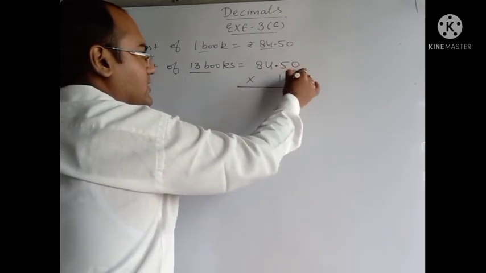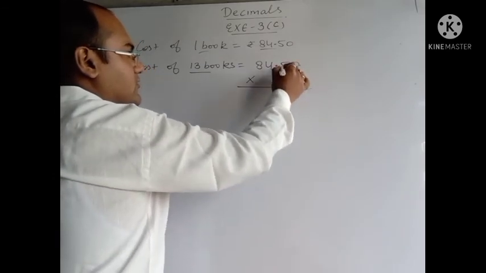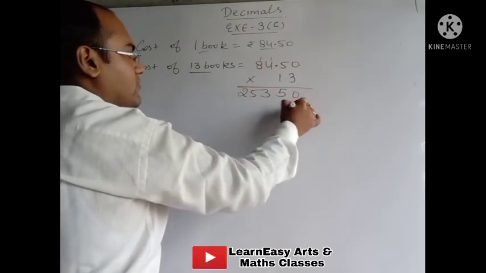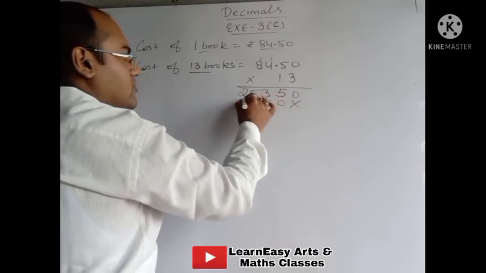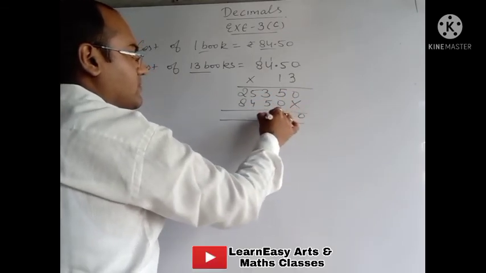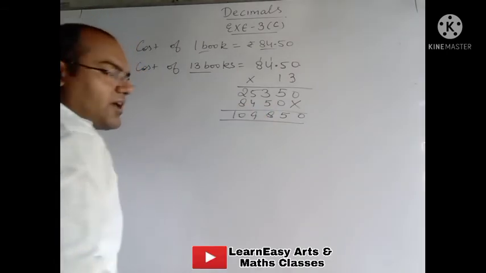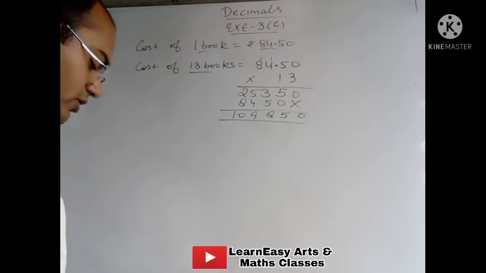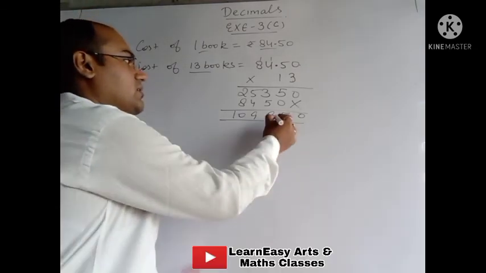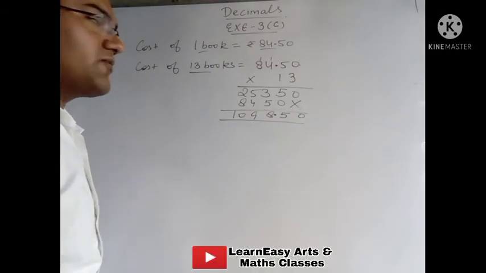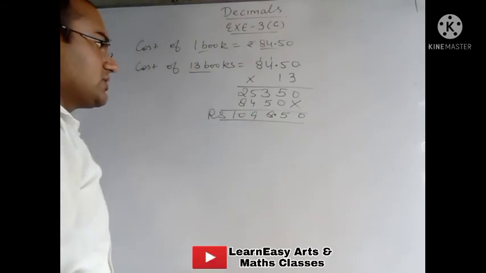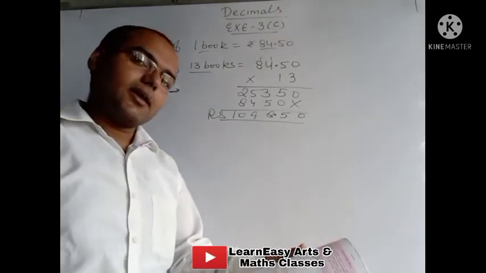Now we will multiply these two numbers. 3 0s are 0, 3 5s are 15, 4 3s are 12 and 1 is 13, 8 3s are 24 plus 1 is 25 and cross 0 5 4 8. We will add them. Now we have to put the point also. In the 84.50 the point is before how many digits? Before 2 digits. So we will put the point before 2 digits. So our final answer will be 1098.50. So this is the cost. That's why we have to write the unit also, rupees. So this is your final answer of question number 8.